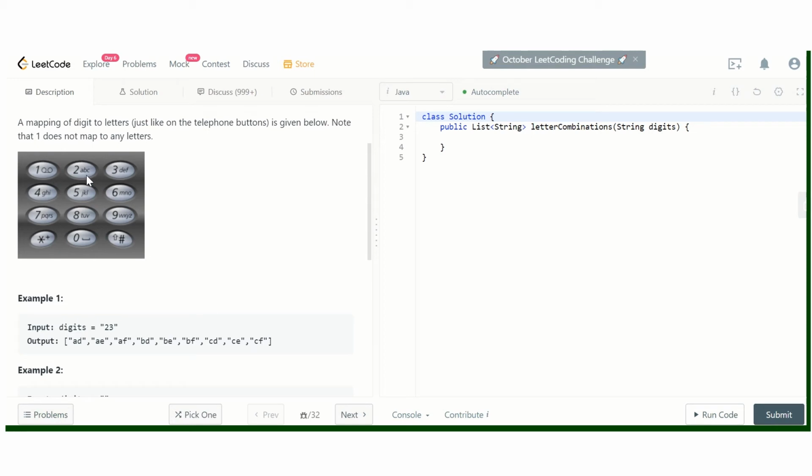First we have to make this digit to character mapping: what digit is mapping to what string they are representing. So let's create a map for that.